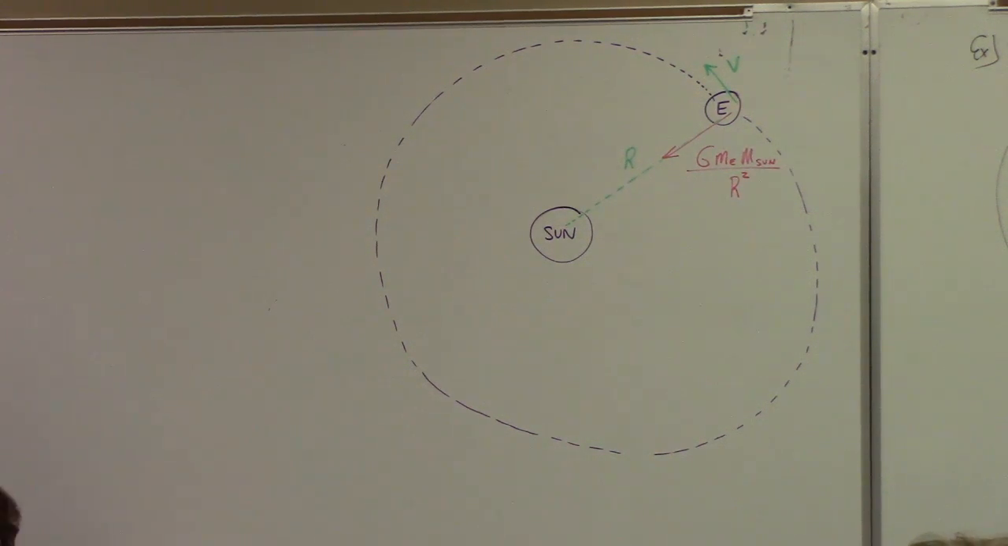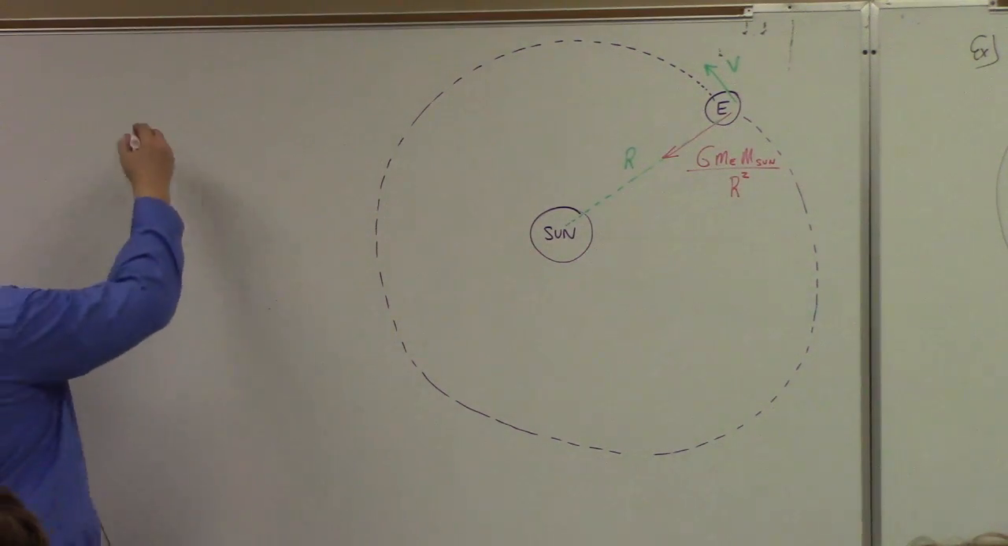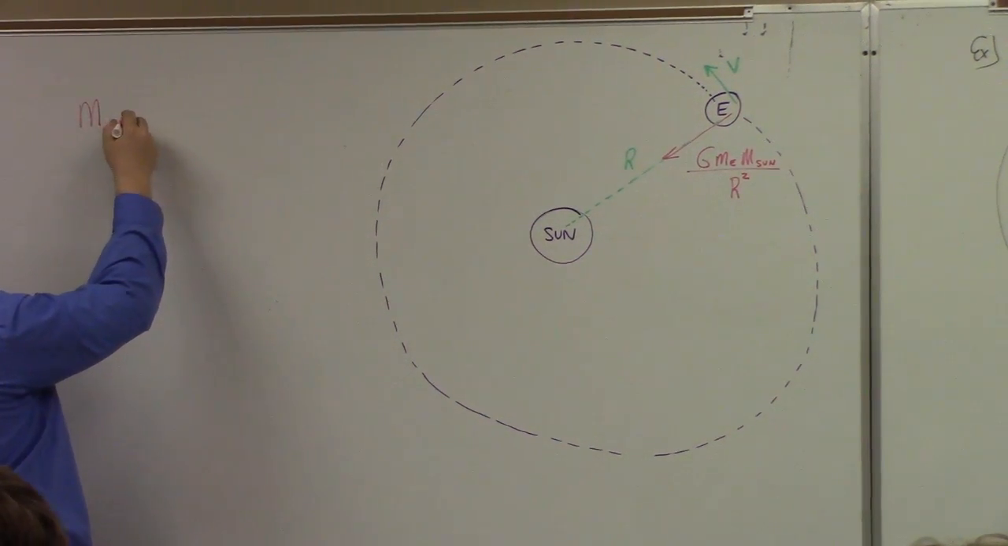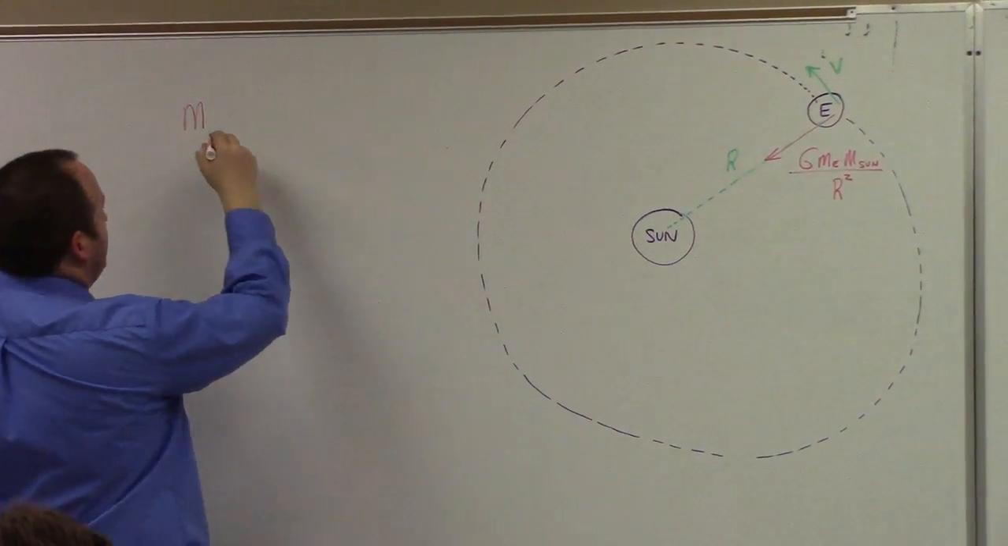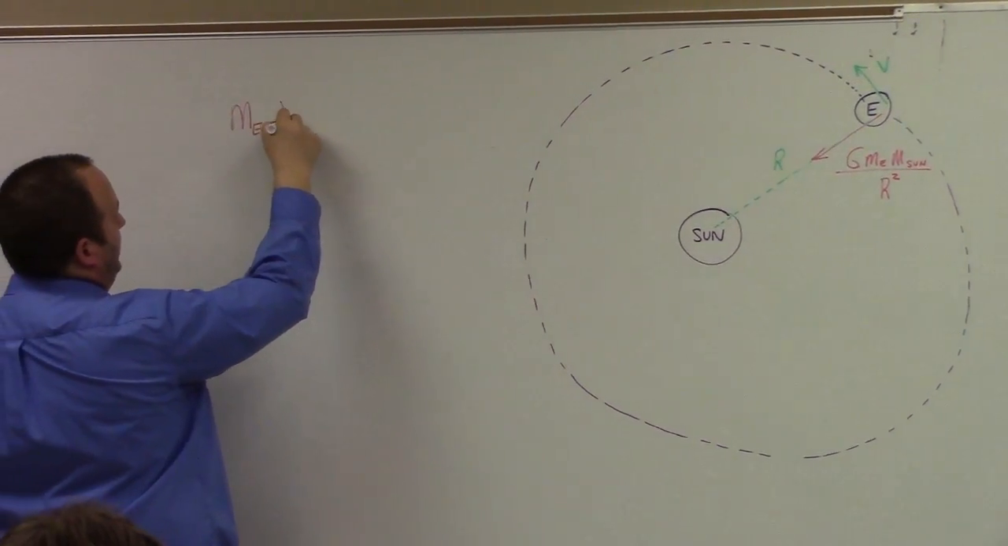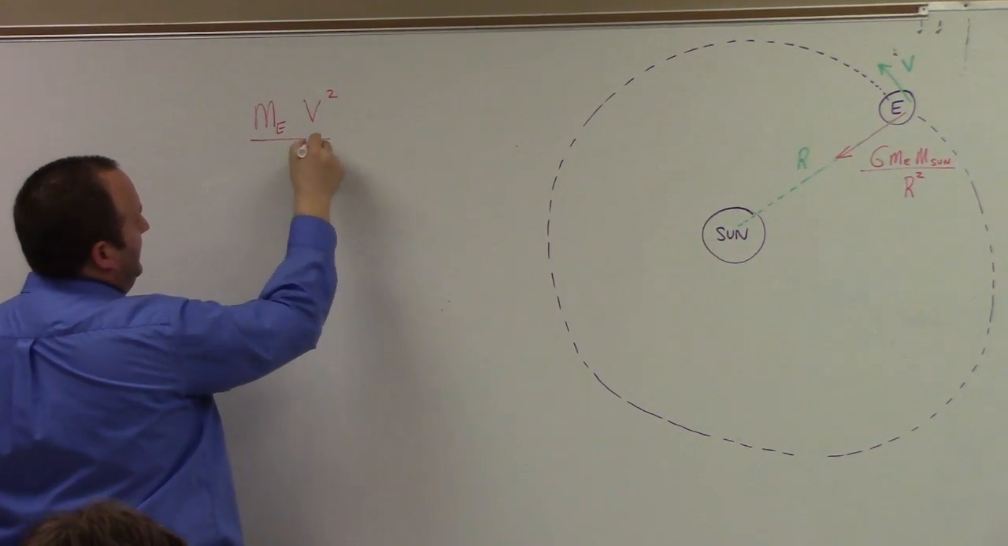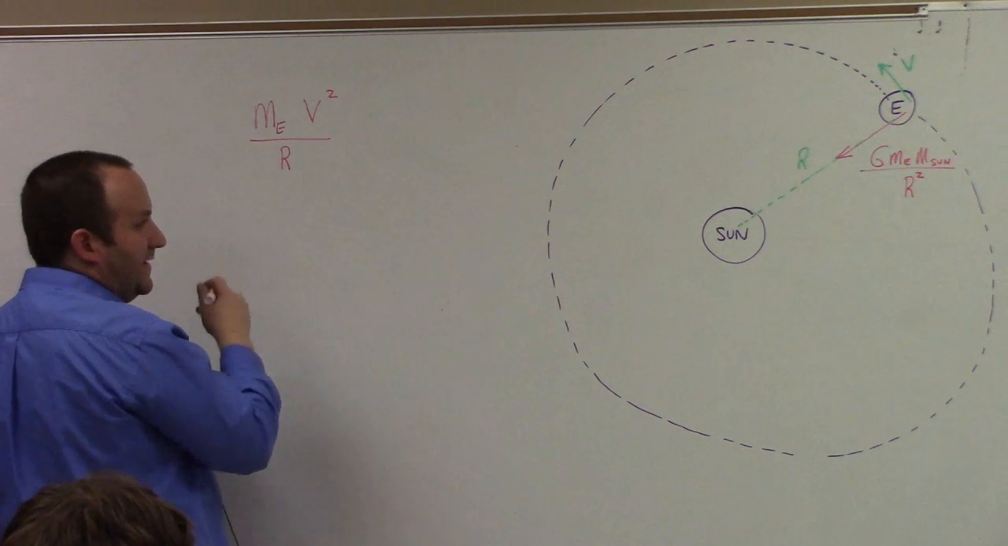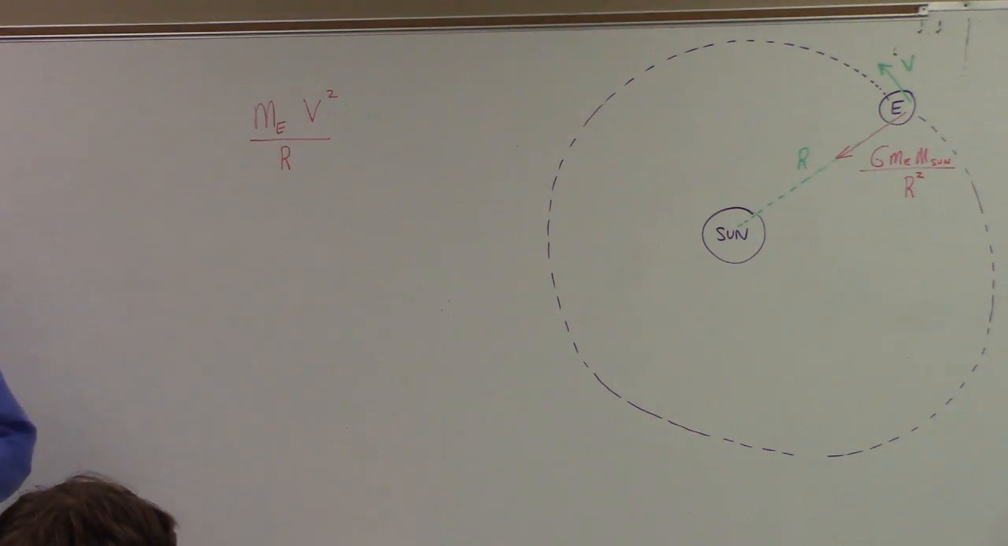It's going in a circle. What did we derive like the first week using calculus? Let's draw Newton's second law on the Earth. The mass of the Earth times the velocity squared divided by what? The radius: m v squared over r has to be equal to the net force. Well, in this case, there's no